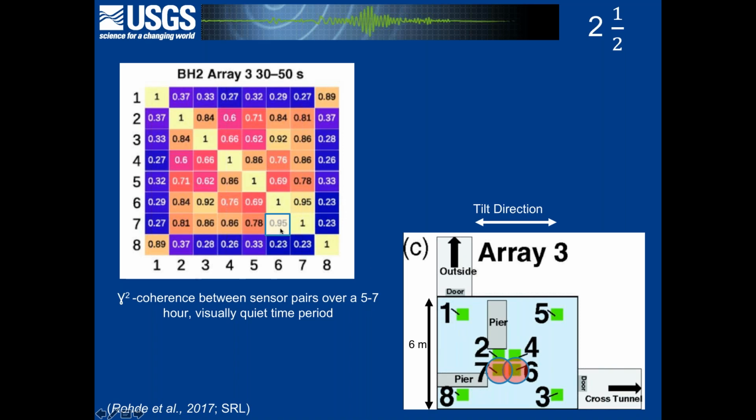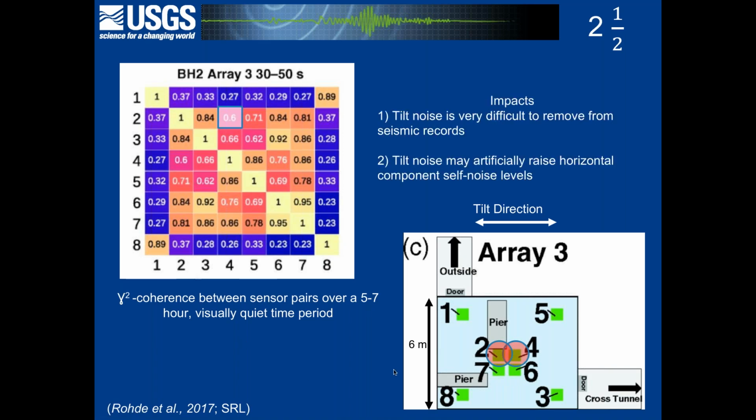Stations 7 and 6 see pretty high coherence. In fact, they're the highest coherence pair in this group, which you maybe anticipate since they're the closest together. But 6 and 3 also show the second highest coherence, and they're not the closest together. And 2 and 4 actually have the lowest coherence outside of 1 and 8, and they're right next to each other. So I guess, in summary, this is a very complicated effect that's highly incoherent on very short